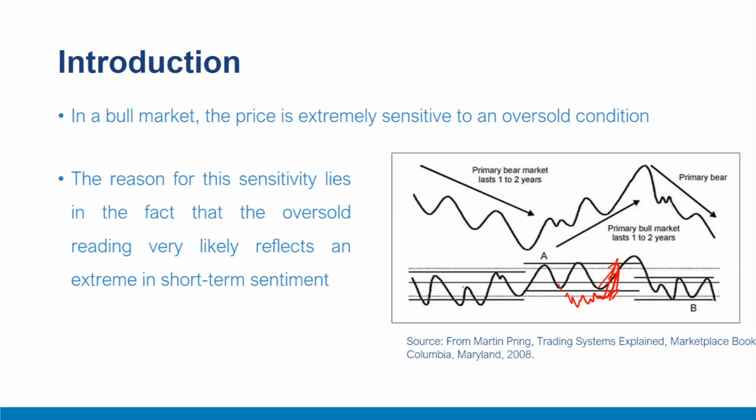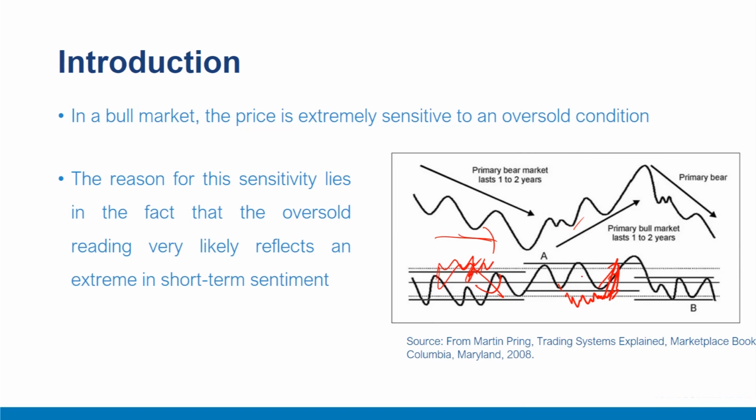Similarly, in a bear market, like this, price is very sensitive to an overbought condition. So if it is hovering around here or touching the overbought condition, you may expect a short move to the downside. If you're lucky to see this kind of situation, where price is overbought in a bear market and oversold in a bull market, look around for some other confirming signals that the price is able to rally. An example might be the violation of a downtrend line.